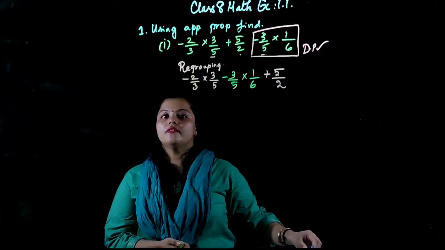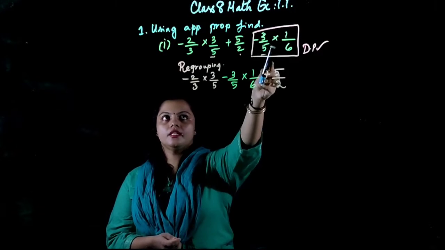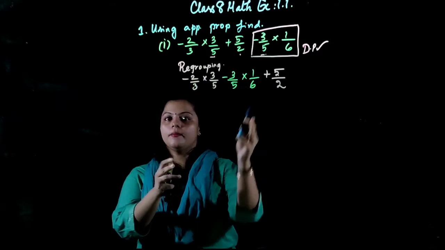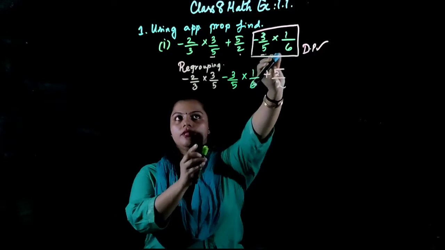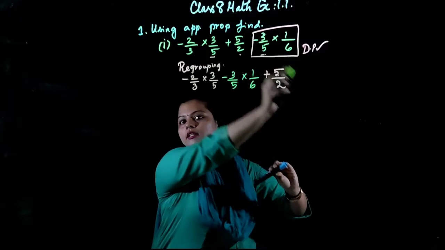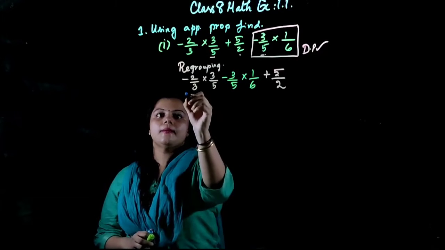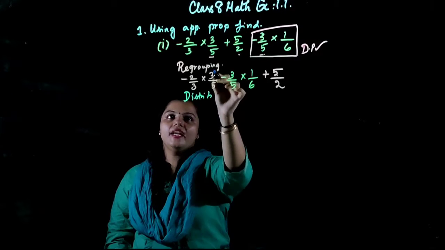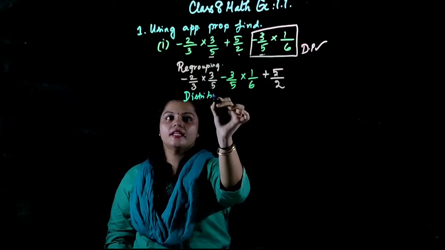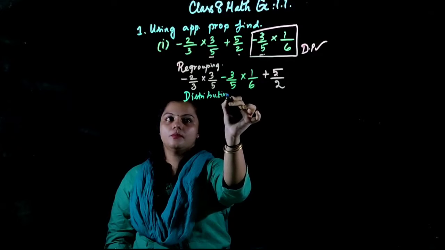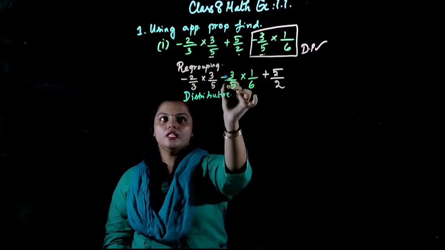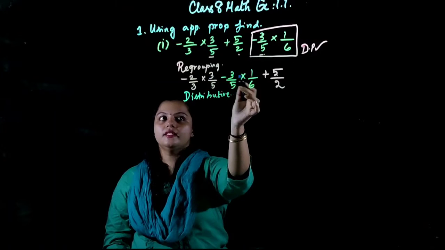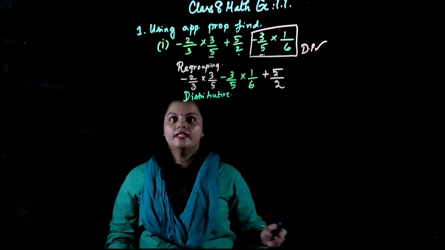As we have regrouped it, we are just bringing this one here and this one there. You're going to arrange them, shift their positions, like from here it comes here and from here it goes there. Next step is using distributive property. Now why do we regroup? I told that we will use distributive property because we need to take this 3 by 5 term outside. So we need to have them near each other so that we can write it conveniently.